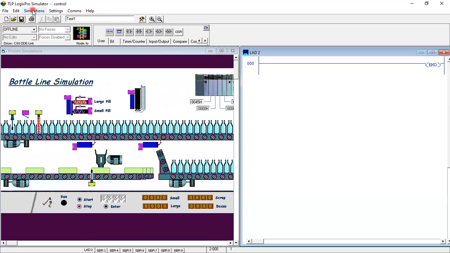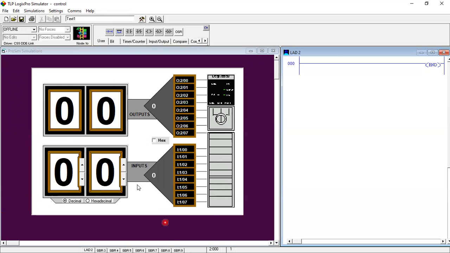BCD is binary-coded decimal. It's a numerical part. When we go into the mathematics, it will grow: binary, decimal, integer, real numbers, floating numbers, hexadecimal. When the number format changes, our logic runs according to it.